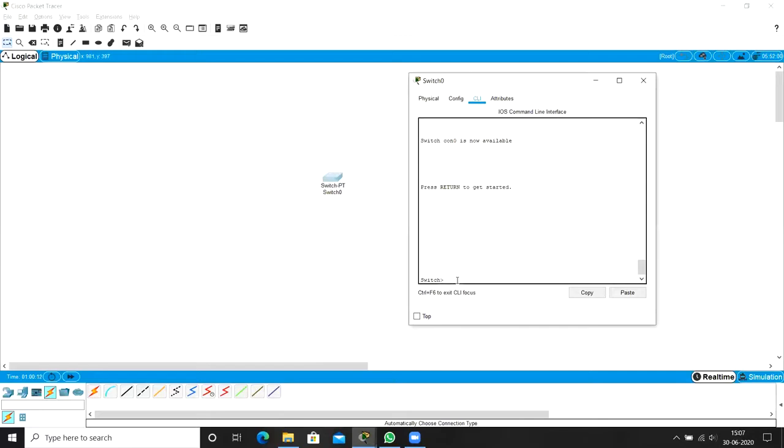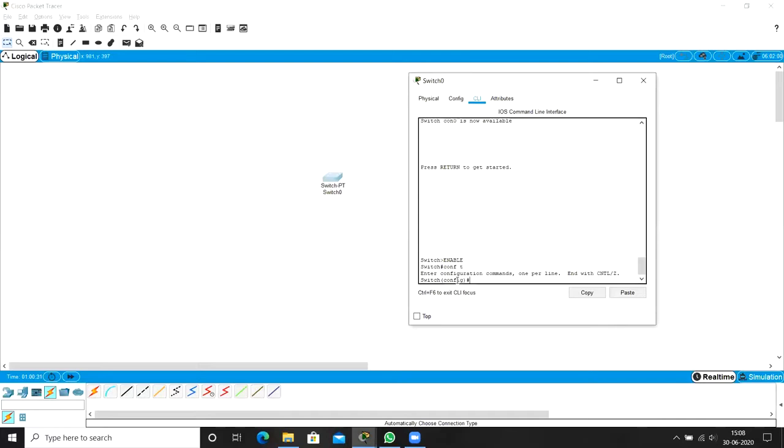So this is enable. Let me type it in capital letters itself, enable, and press enter. What does it mean? It is not case sensitive. So that is what it is. Then conf t, I'm using the short form conf t. Now you can see it entered into the global configuration mode.